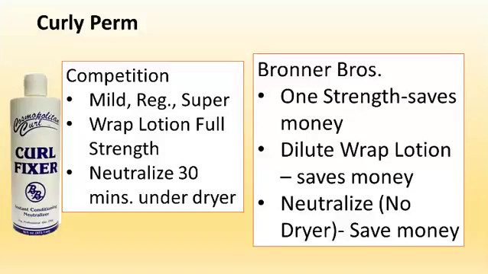Well, in order to do that with our competitor, the person had to go under the hairdryer for at least 30 minutes, sometimes as long as 40 minutes. Well, with the company that we represented, the neutralizing process had no drying time. You didn't have to use a dryer at all. You would put the person under a plastic cap, let them sit out in the open air,